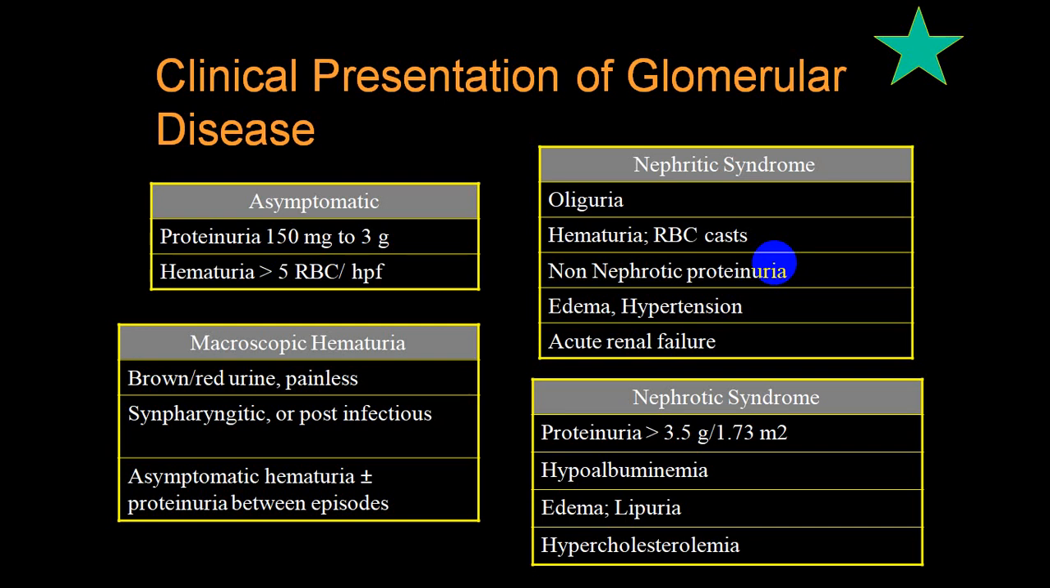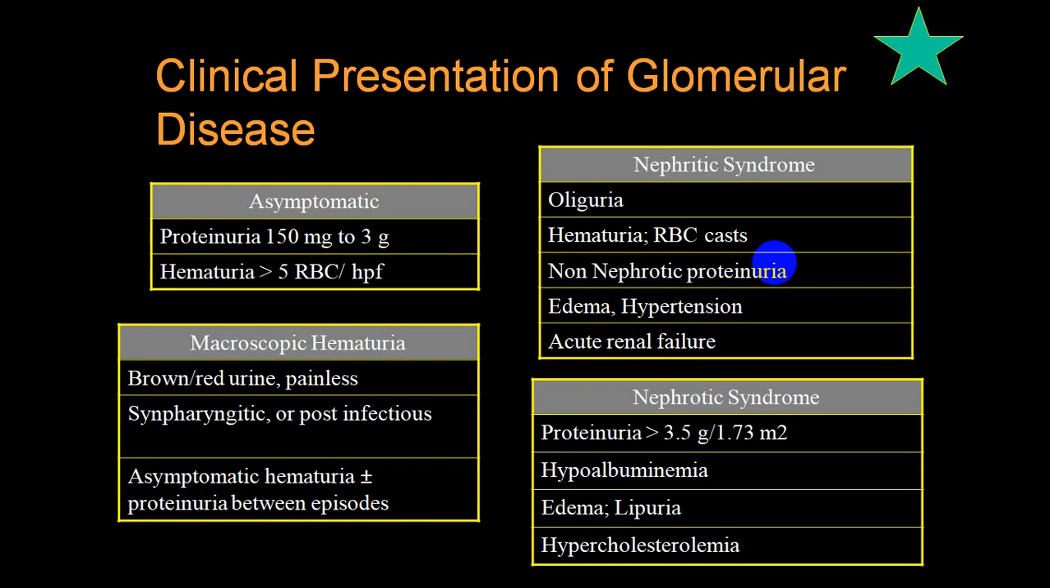If there is macroscopic hematuria, it is usually brown or red in color, and painless. It is always post-infectious, following pharyngitis or oral infections. It is usually asymptomatic hematuria with proteinuria in between the episodes. We have two big groups, the nephritic variety and the nephrotic variety. In the nephritic variety: oliguria, hematuria with RBC casts, no massive proteinuria, edema that is mild, hypertension and signs and symptoms